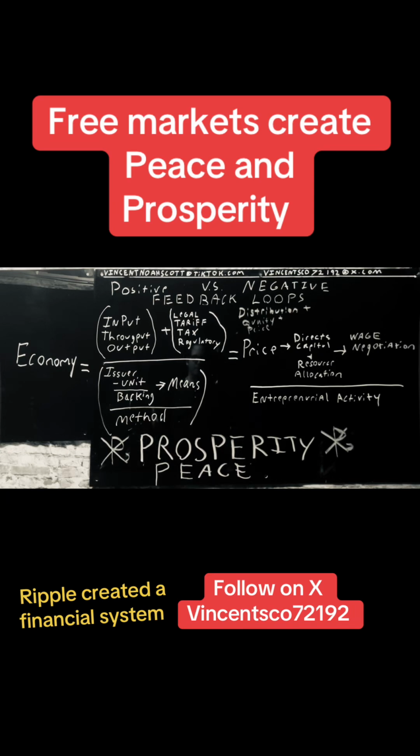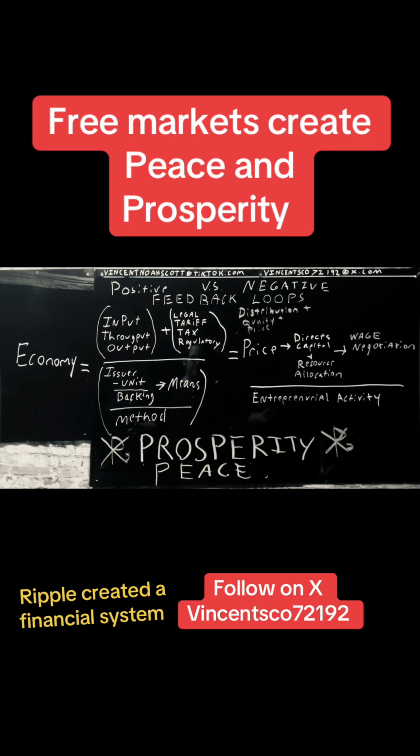An economy is your input, throughput, and output. So it's input, that is your raw resources and labor and capital. Throughput, that's your businesses. That's actually taking those resources and producing something. And what are they producing? Your output. That's your finished goods and services. But all of that occurs within a fence for an economy. So like for the United States, that would be our legal, tariff, tax, and regulatory structures.